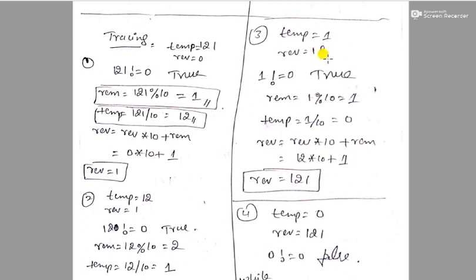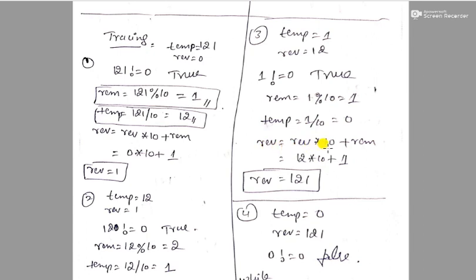So now temp value is 1, reverse value is 12. Again that loop executes. Until the condition fails, the loop keeps on executing. So first we have to check 1 not equal to 0, condition true. Next you have to find out the remainder. 1 modulus of 10 is what? 1. We can't divide 1 by 10, so we get remainder 1. And then temp is equal to 1 divided by 10. 1 divided by 10 is what? 0.1. So it stores only 0.